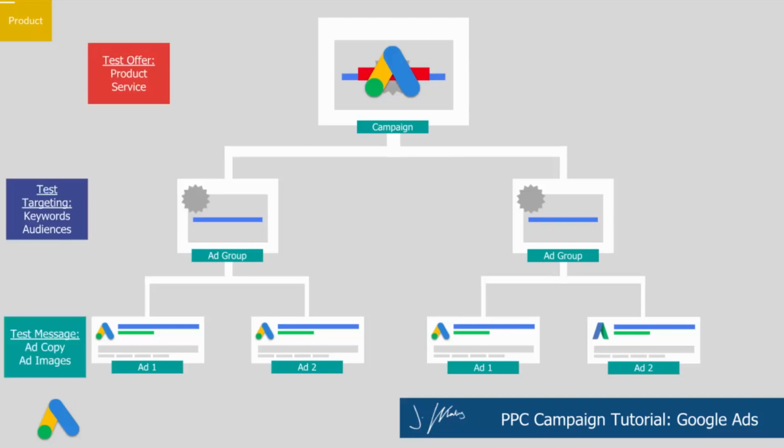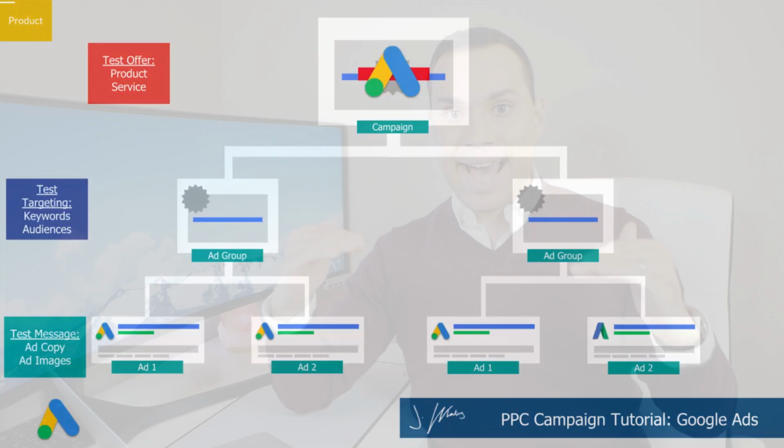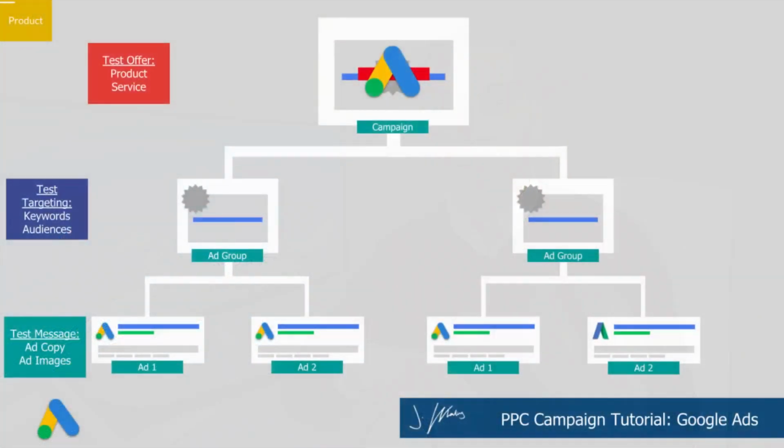So inside of each one of these levels, we're going to be focusing on something different. At the campaign level, what we just talked about is the product. We are focusing on one product for each campaign. Inside of our campaigns are something called ad groups. And these ad groups are where we set the targeting and the bids for our targeting. And then finally, we have the ads. And this is where we're testing our messaging. This is where we're trying different ad creative and ad copy to grab potential customers' attention.